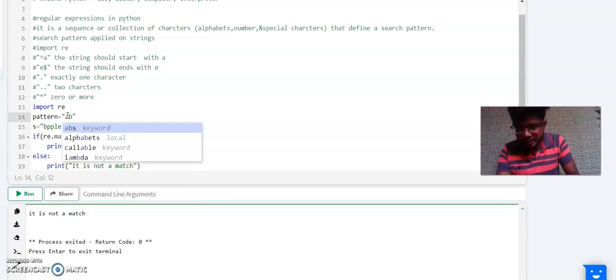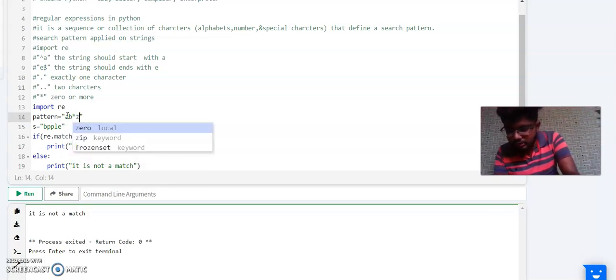I will use A, B star, Z. The first character, I mean the starting, ending and dots are completed. Now I will use star.